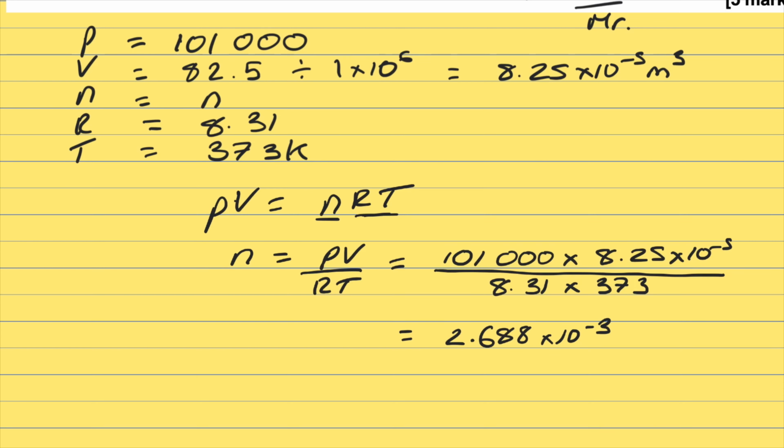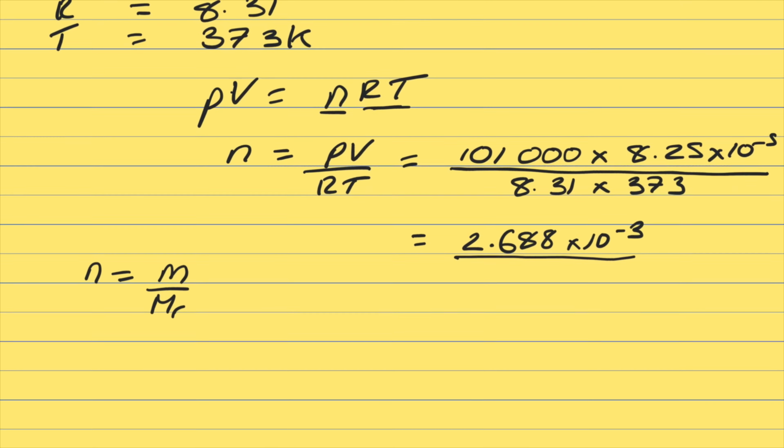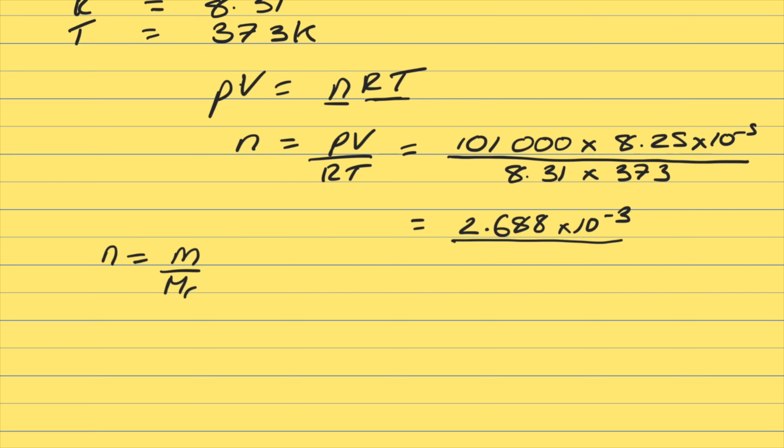Because now we're asked to calculate the MR. So number of moles is equal to M over MR. So I now know the number of moles, it's 2.688 times 10 to the minus 3. I know the mass is 0.1881. So therefore, I can work out the MR. Okay, so I just need to rearrange this equation. So I'm just going to swap the N and the MR because I'm dividing. So MR equals M over N, which is